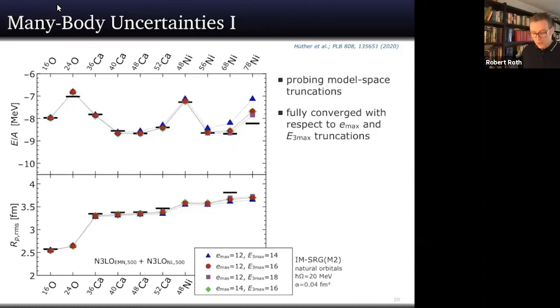Of course, you have your many-body framework behind all that. And these calculations I use here are from the in-medium SRG. So the first thing you can study in this in-medium SRG framework in terms of many-body uncertainties is your model space choice. So you can choose different truncations for your single-particle basis. This is this little Emax parameter, and I show here results for Emax 12 and 14. And I just compare these results to each other to estimate whether this is sufficiently converged in this parameter or whether I should assign a finite uncertainty to that.